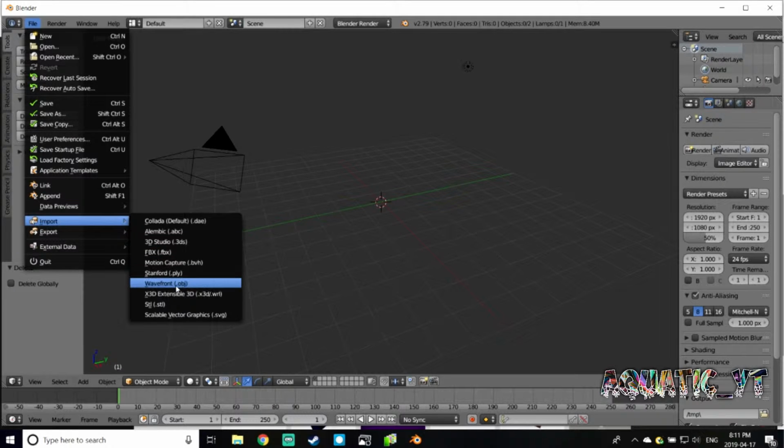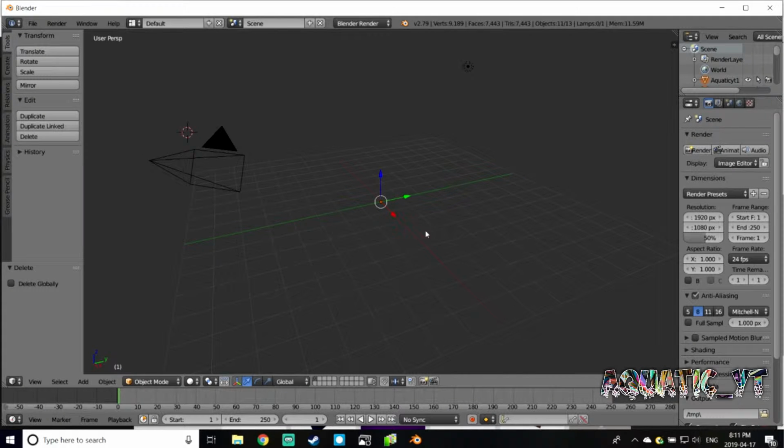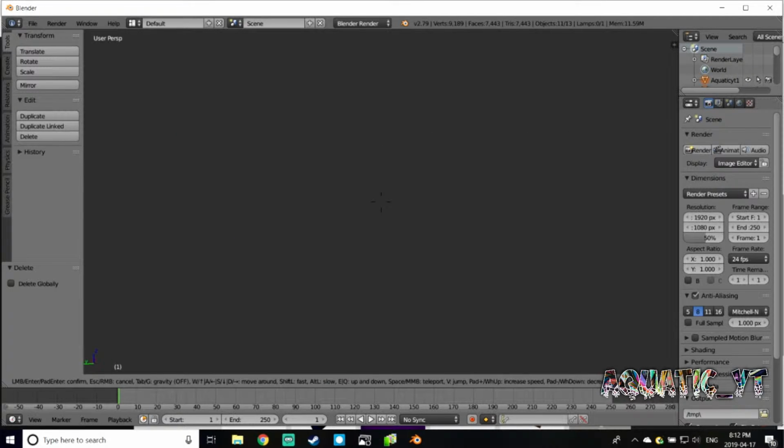So again, import, wavefront, edited videos. And I'm just gonna find my aquatic frost model, and you should notice it. Just click Shift and F at the same time, and you'll be able to move like in Roblox. Now you should look around and try to find your model. My model is right here,